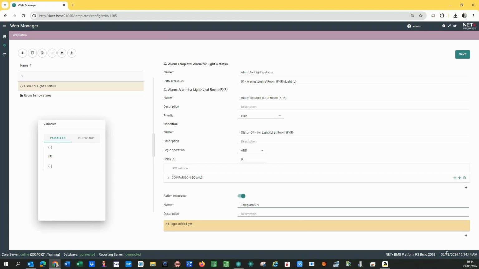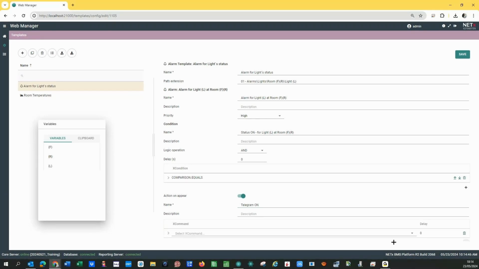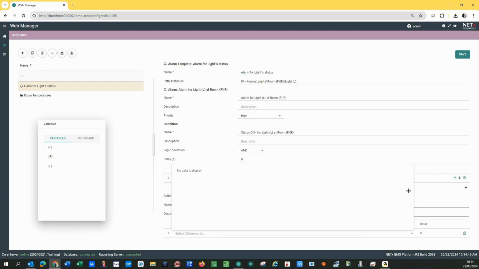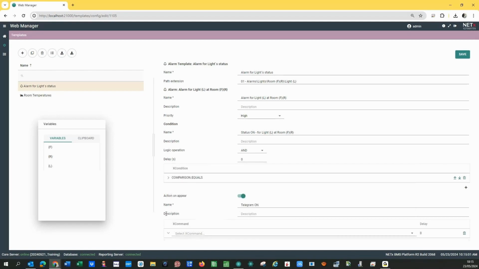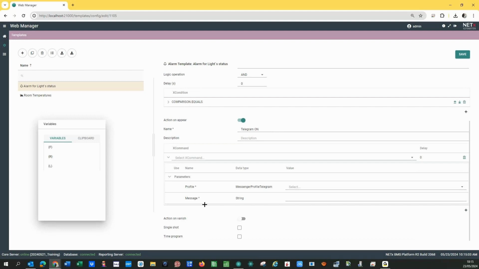Telegram, and you know that we can select a message, X command, messenger, Telegram message, my profile, and